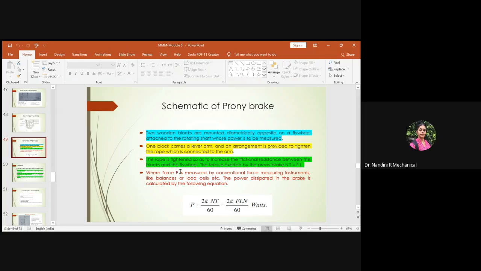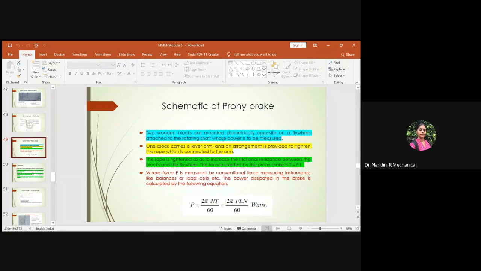So here F is measured by a conventional force measuring system. We normally use balances or a load cell to measure the value of force. Everyone knows how a load cell operates; we have performed an experiment on it. Mainly load cells are used to measure conventional force, right? When you apply dead weights to the load cell, you can measure the amount of force being generated. So by using the frictional resistance, we can determine the value of F by using the load cells.